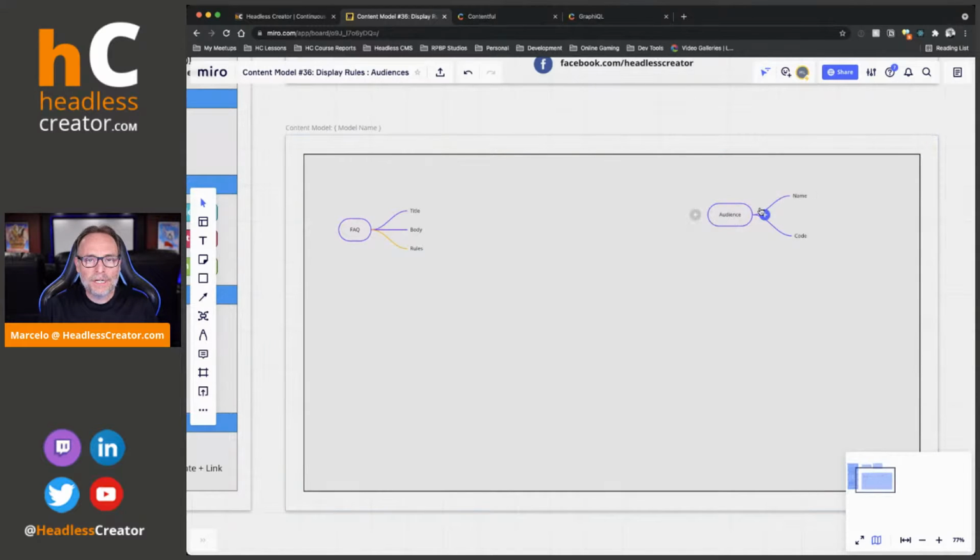So we're going to have an audience content type that just tracks what kind of audience it is, with a code ID for integrating into our user database. Perfect. So the next thing that we need to do is create sort of the rules content type. So let's add a rules. So in a rule, we're going to have a name like